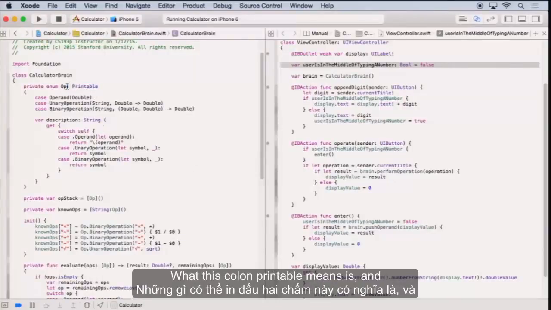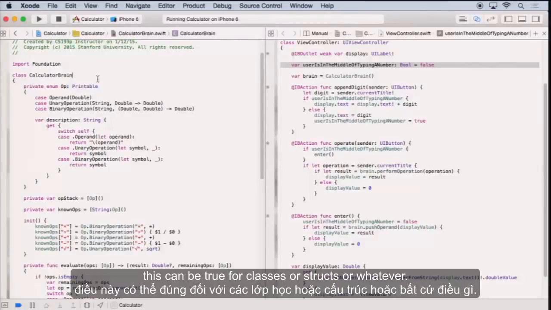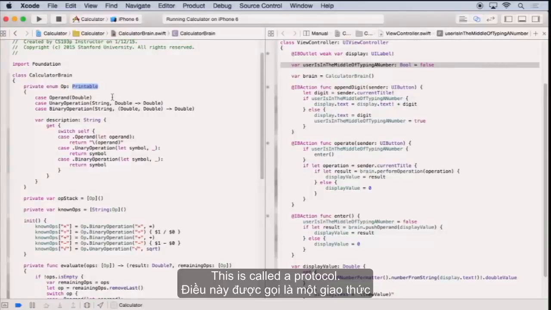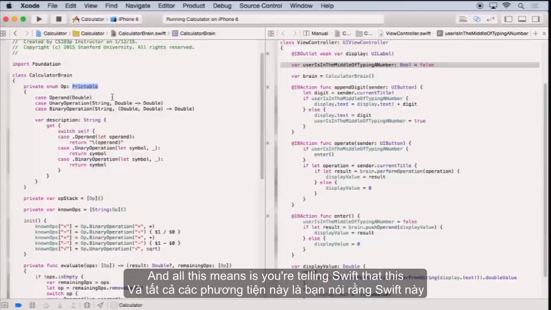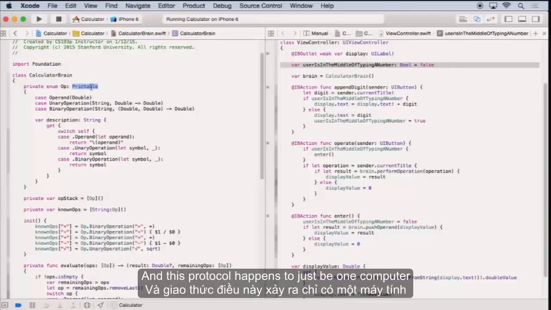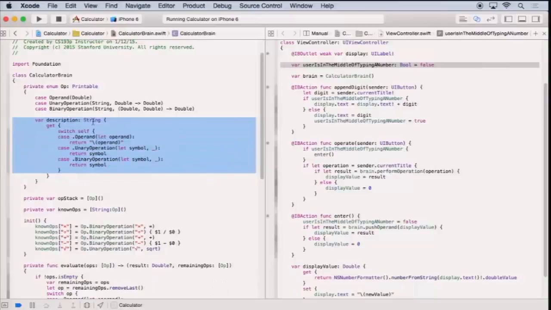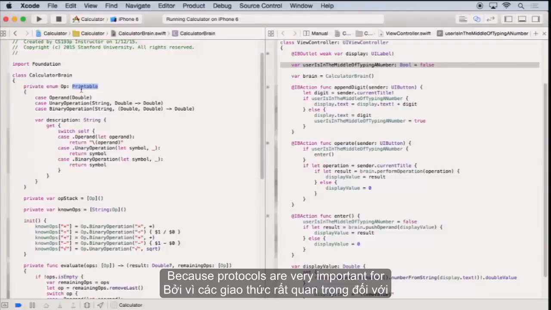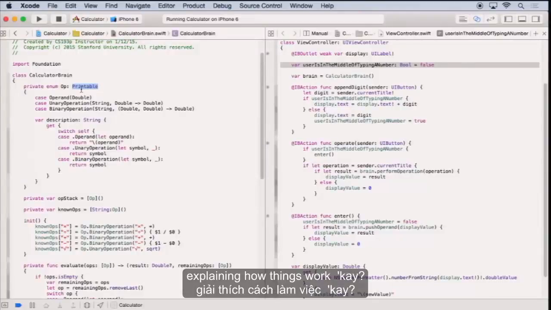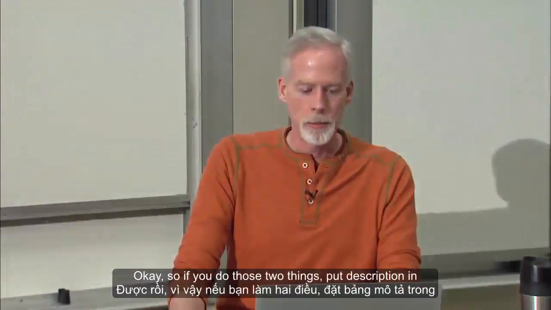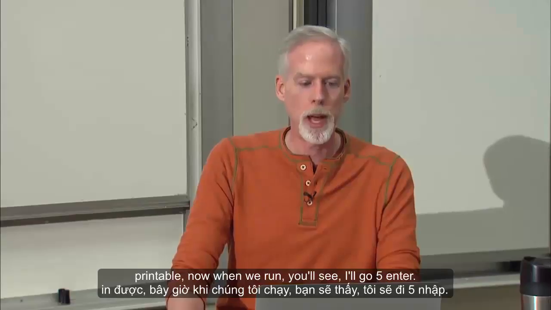What this colon Printable means is, and this can be true for classes or structs or whatever, you can put after the colon here what is called a protocol. And all this means is you're telling Swift that this enum implements whatever is in this protocol. And this protocol happens to just be one computed property called description that returns a string. Now we're going to talk about protocols in depth because protocols are very important for explaining how things work. But we're not going to cover it today though. So if you do those two things, put description and Printable, now when we run,